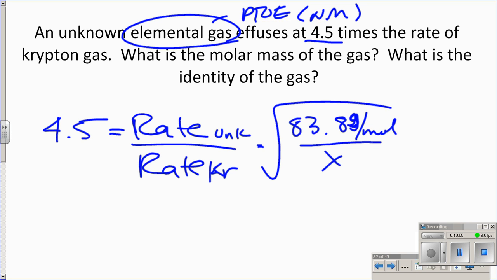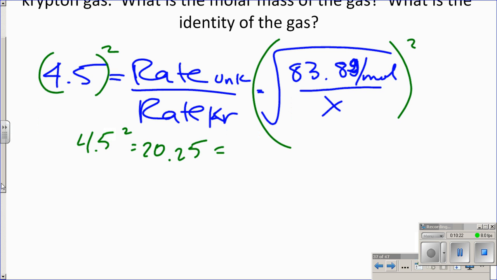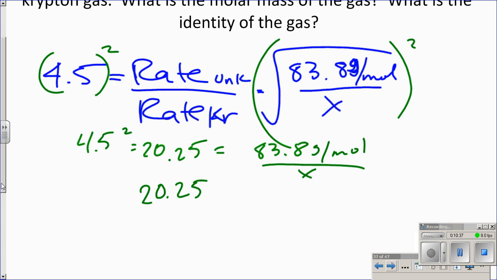How do I isolate x? Square both things, so square this and square this. So that gives us 4.5 squared, which is 20.25, is equal to 83.8 grams per mole over x, because you're just taking away the square root, right? So now you just multiply by x on both sides. So 20.25 x is equal to 83.8 grams per mole